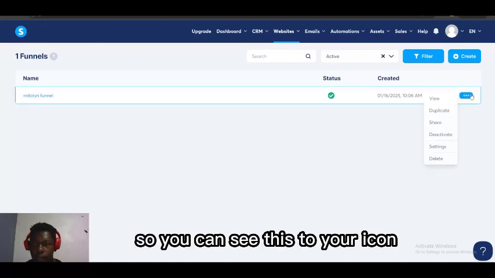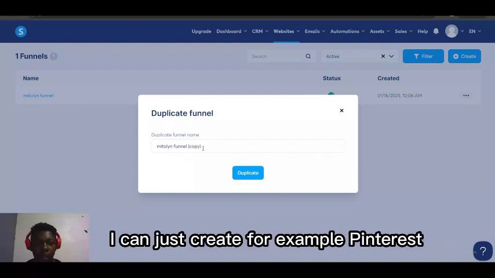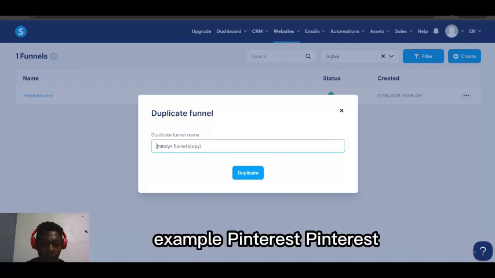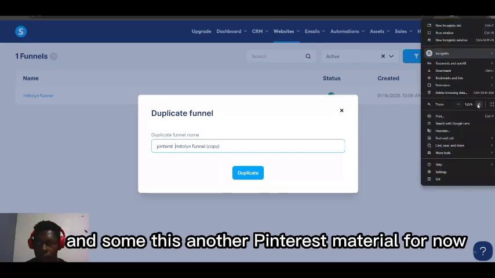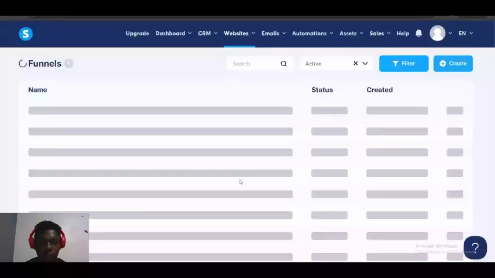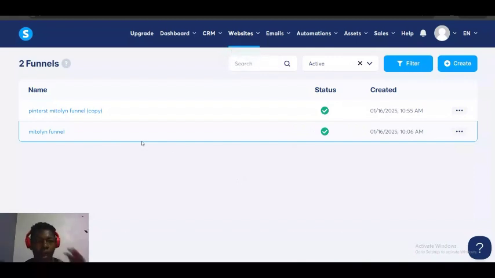So you can see this settings icon, you can see duplicate. I can see from here I can just create, for example, the Pinterest funnel right here. So let me have, for example, Pinterest. Let me zoom this. For example, Pinterest Method funnel. Click on duplicate, and all you have to do from here is to go and edit this page and input